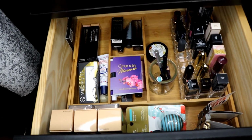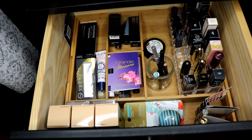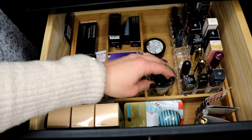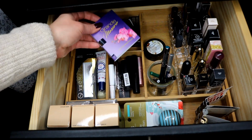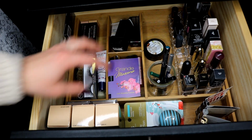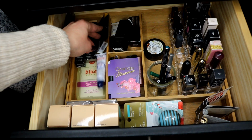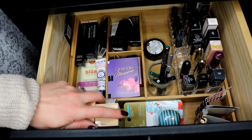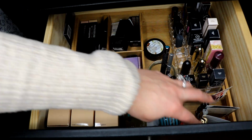Let's see. Here, you can kind of see what's going on there. This drawer, I mean, it's pretty well organized. I know where everything is, but most of this stuff is backup or stuff I don't reach for every day. These are all of my eyeliners. These are some of my lipsticks, a brush cleaner, extra primers, extra mascaras. I know this packaging is sort of bulky in here, but like I said, I like the packaging. I like to read ingredients. Lashes I will never wear, just a lip gloss, more extra concealer, blotting papers, extra foundations, loose powder, lip product,